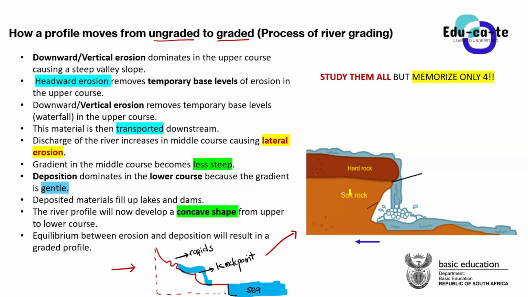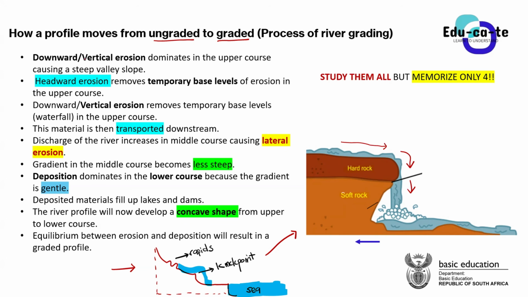Underneath the hard rock, we have got some soft rock here. The soft rock is easily eroded. So now, due to this sharp change in gradient, you guys can see that the water is flowing rapidly downward. The gradient was gradual, but all of a sudden it has to fall downward. So here, this is a waterfall. Now having a waterfall, what processes actually happen? We're going to start with point number 1.